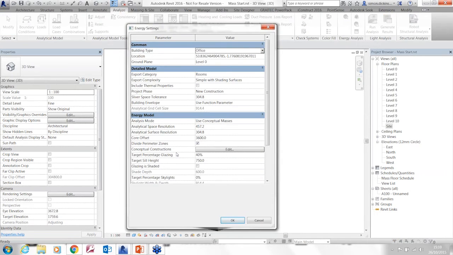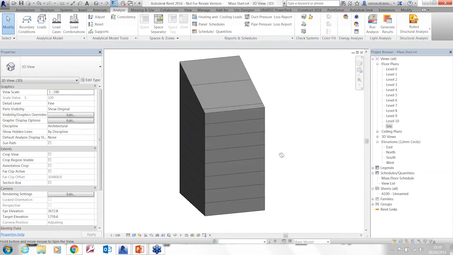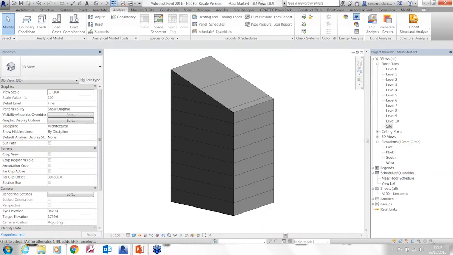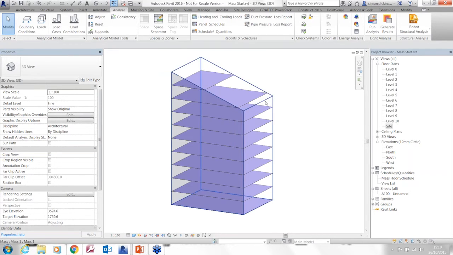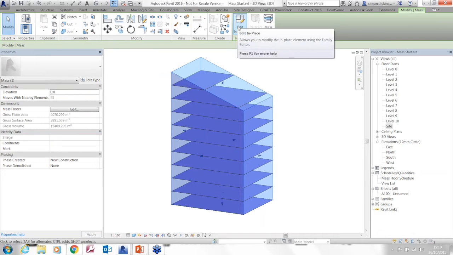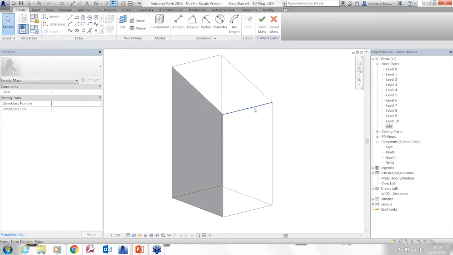I'm going to come back into my energy analysis. I'm going to have a core boundary of 0. I'm not going to divide the perimeter. I'm going to change my total percentage glazing to 0. Okay. If I click OK, we'll now notice that it's actually got no windows in there. If I just delete my energy model and recreate it, there's not a lot of information in there at all. What I can do now is edit my in-place mass, and once we're into the edit mode,